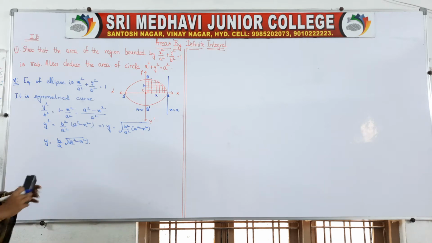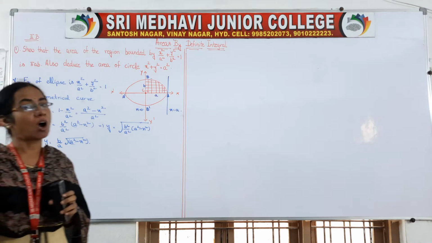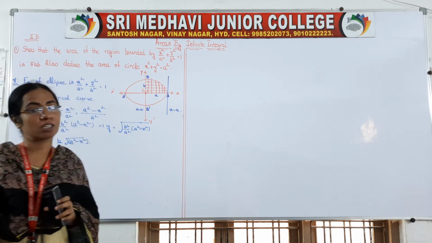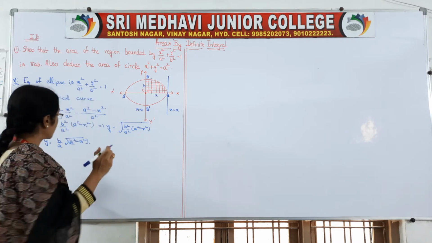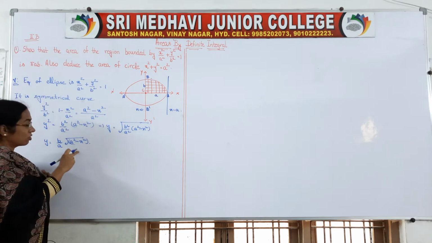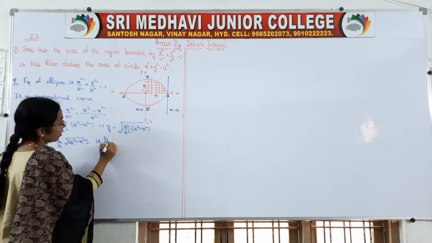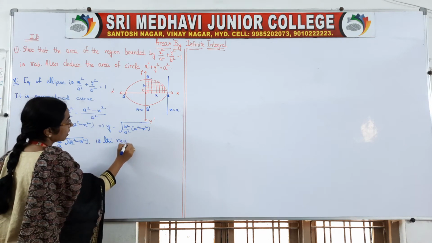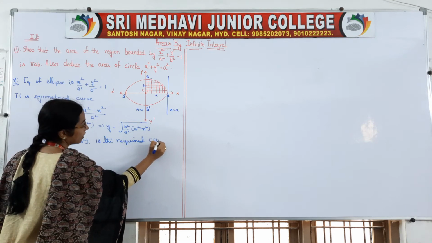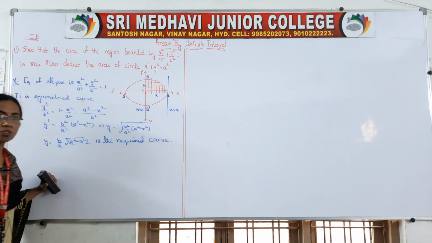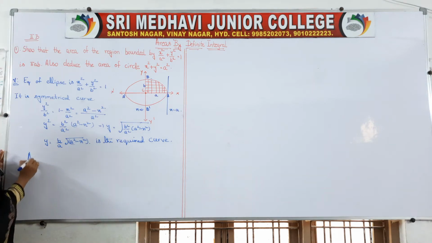Okay, so this is the curve equation. Generally, what I said while solving the previous problems also, always in areas, curve means we will take y is equal to some curve equation. That's why here also, try to get your y value as the required curve equation. Okay, so now we have to find the area of the ellipse.